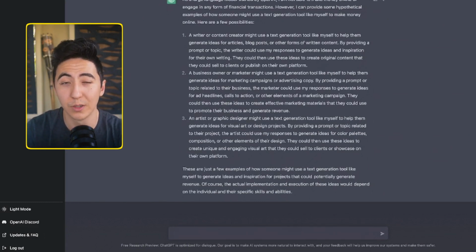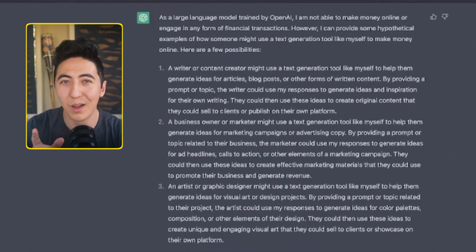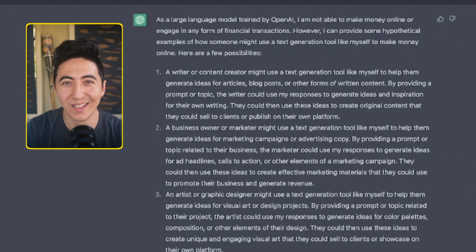So ChatGPT is really focusing that this is all just for content idea generation, not specifically for writing. But we're going to find out if that is actually the case or not, and if we can actually use this to be able to write out scripts, which we can then use to be able to make money online. But let's just see if ChatGPT has any other types of businesses or ways that we can make money online.